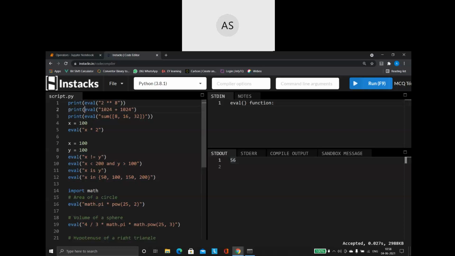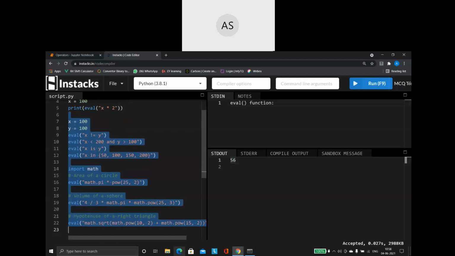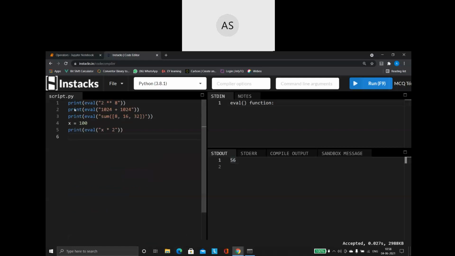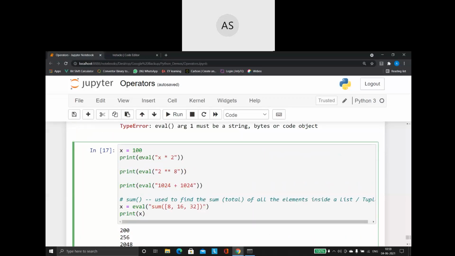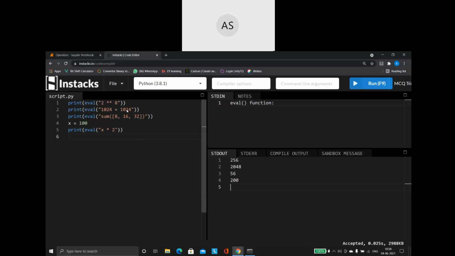So as I said, the first one is the exponent. So it is going to say 2 to the power 8, whatever is the value, it is going to print that. Okay, let us say. So first it is going to say 2 to the power 8, and then it is going to evaluate this arithmetic expression, and then it is going to give you the sum of it, and then a simple multiplication operator. So let me just run this. See, it works perfectly, but I don't know what is the small mistake I made here. I will just check that out. But the program is correct, it will run.